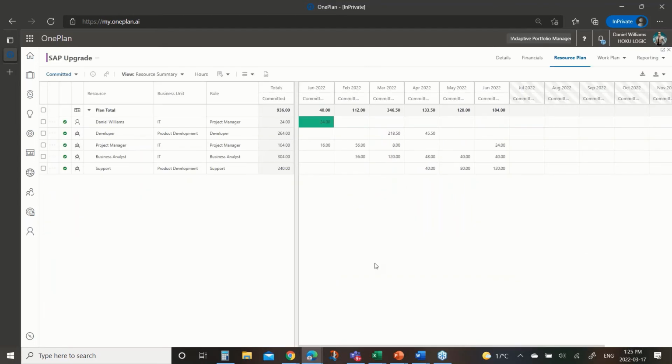So we want to start planning out how this project might look from a resourcing perspective. And so I've added a few generic resources in here, developer, PM, business analyst, and support, and started to assign the kinds of work I think we'll need, or the kinds of effort, let's say, that we will need. I'm not looking at this in the context of a specific schedule. At this point, one may not exist.